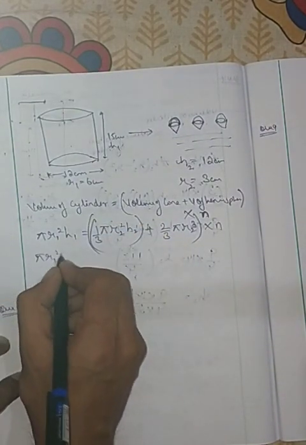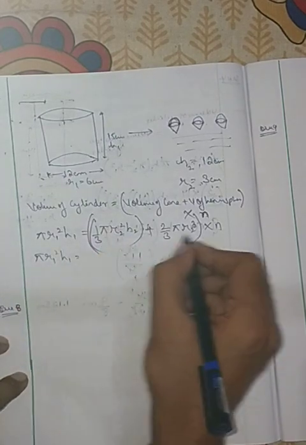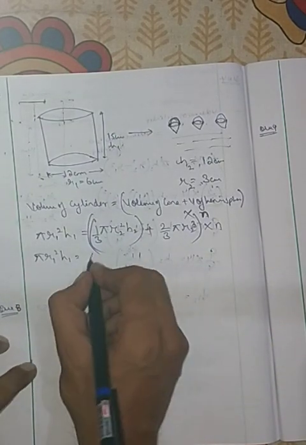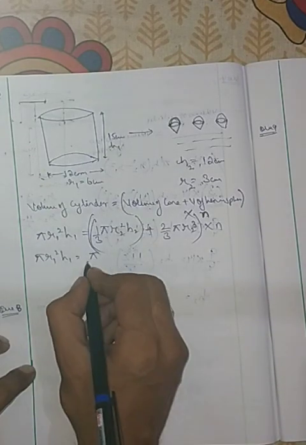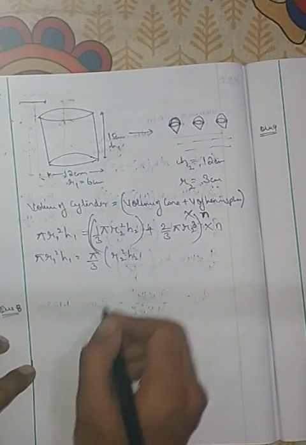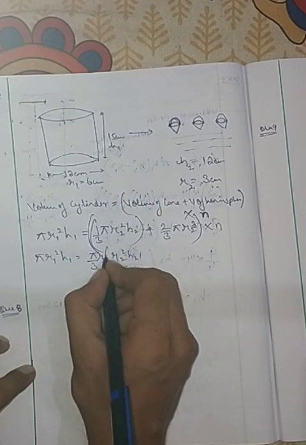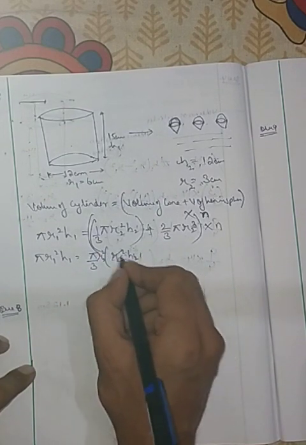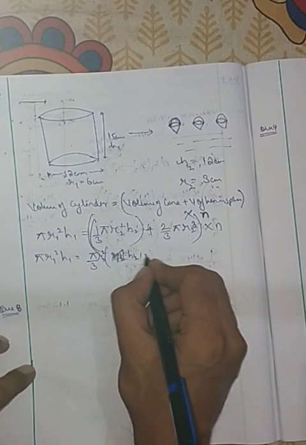Pi r1 square h1. Is anything common from these two? What do we have? Pi is common, and upon 3 is common. What are we left with? R2 square h2. R2 square is also common. So here we are left with h2 plus